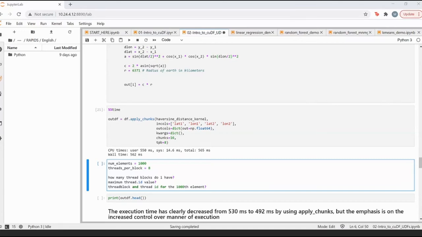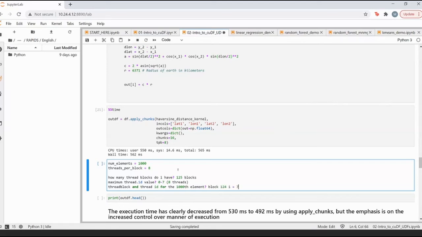So let's go back here. Somebody has mentioned that it's going to be 125 blocks, and my maximum thread value is going to be 7. That is, it's going to be from 0 to 7, which means 8 threads. And for my last element, I'm going to have block 124, and i equal to 7.